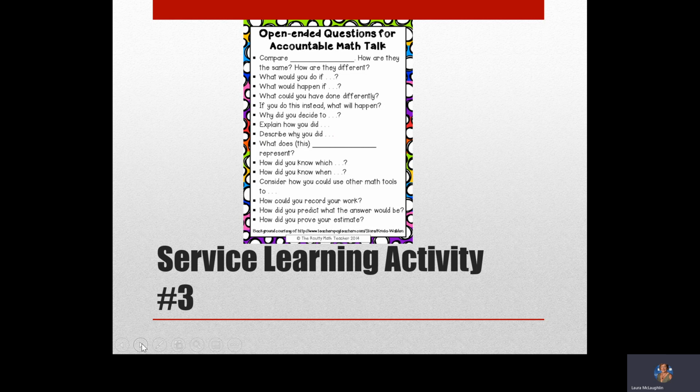So math talk cards are basically the same thing. You would create cards in the station that would be open-ended, accountable math talk cards. Again, these can be used to help scaffold the activity. If this is pre-reading, you could actually do these also with pictures. So things like, what did you decide to do? What would happen if